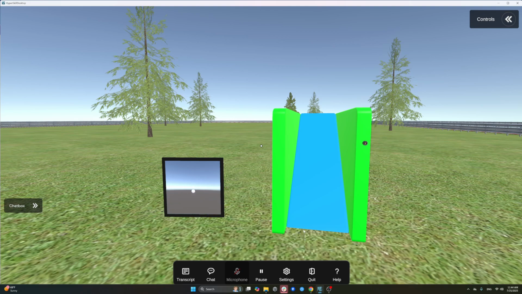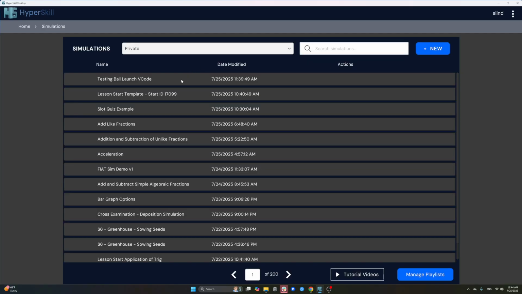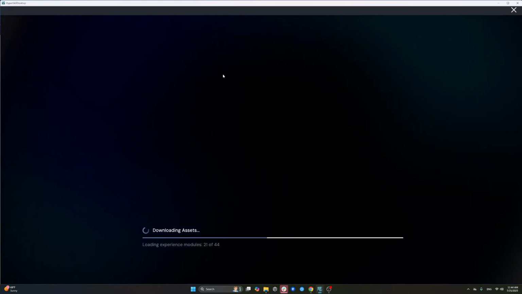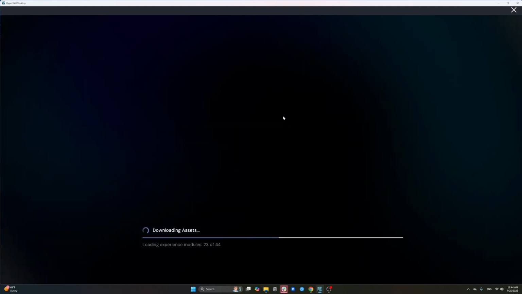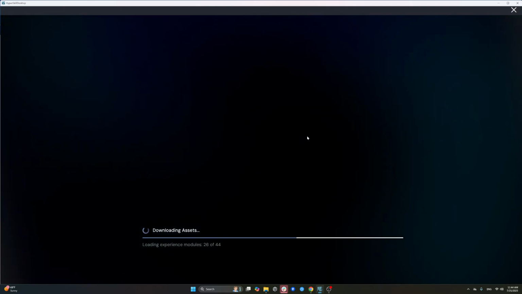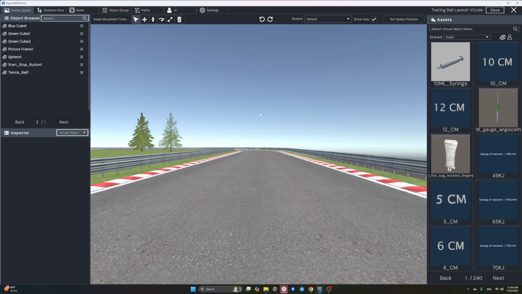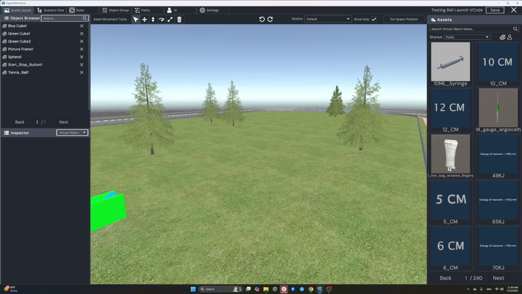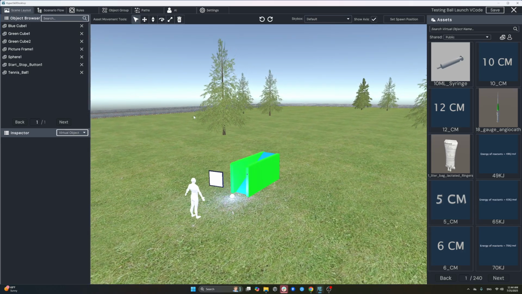Alright, so this has been my quick demonstration. You are able to adjust the ramp, in my case, however you would like. And, you know, switch out the ball for anything else. If you want to have a variability in the speed of your ball, to where you have one that's going fast or slow or anything like that,